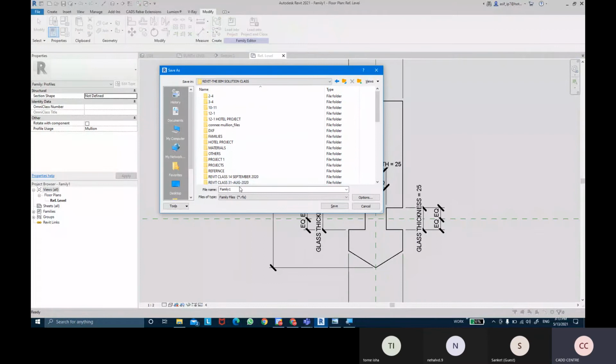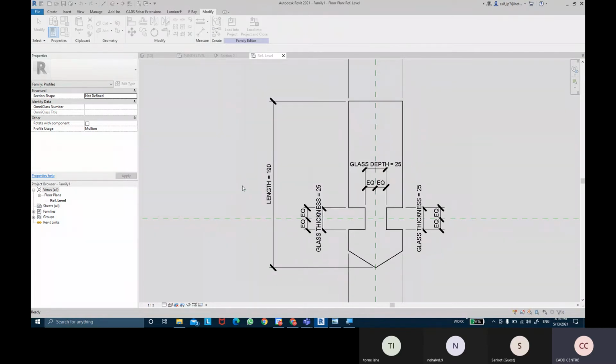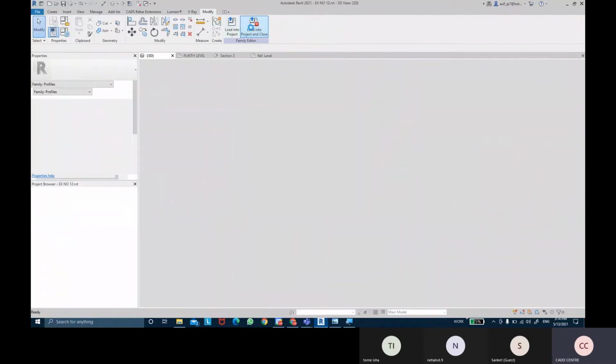Call this file center mullion sharp file. Save it. Once you have saved the profile, you can then take Load into Project and close.